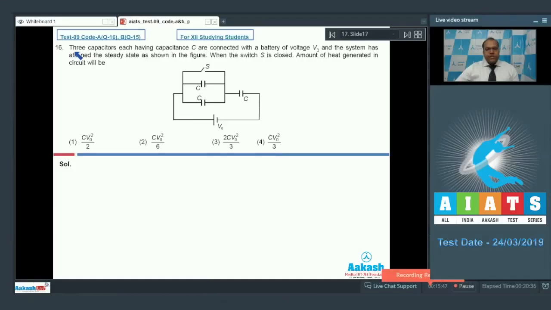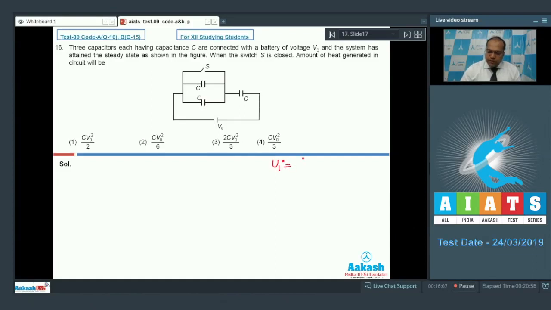In question number 16, three capacitors, each having capacitance C, are connected with a battery of voltage V0 and the system has attained the steady state as shown in the figure. When the switch S is closed, the amount of heat generated in the circuit will be. So in the initial situation, if I calculate the energy stored in the system, then the energy stored